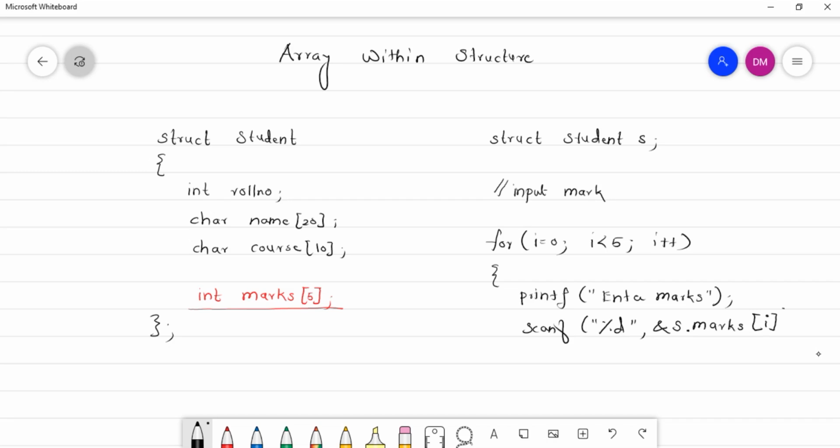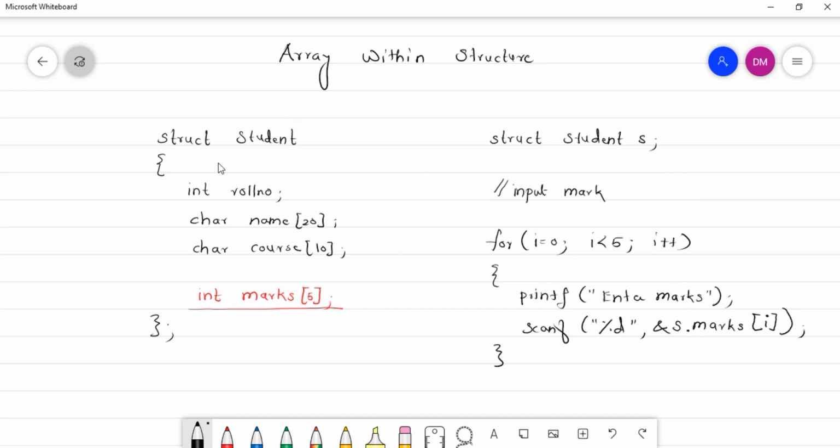This is very important. So what will this loop do? It will scan the marks of 5 subjects of student s. Similarly, if you have another student, say s1 or s2, then you have to write s1.marks[i]. Again, definitely you have to put it in a loop.